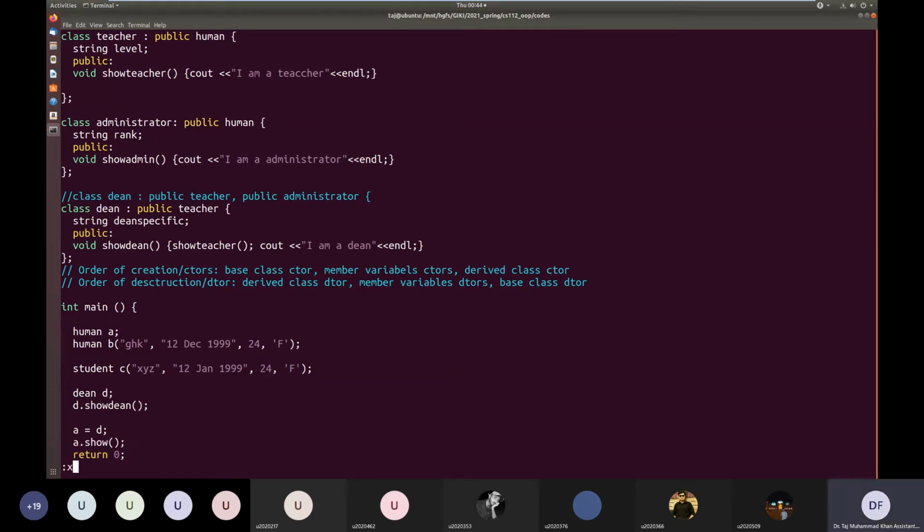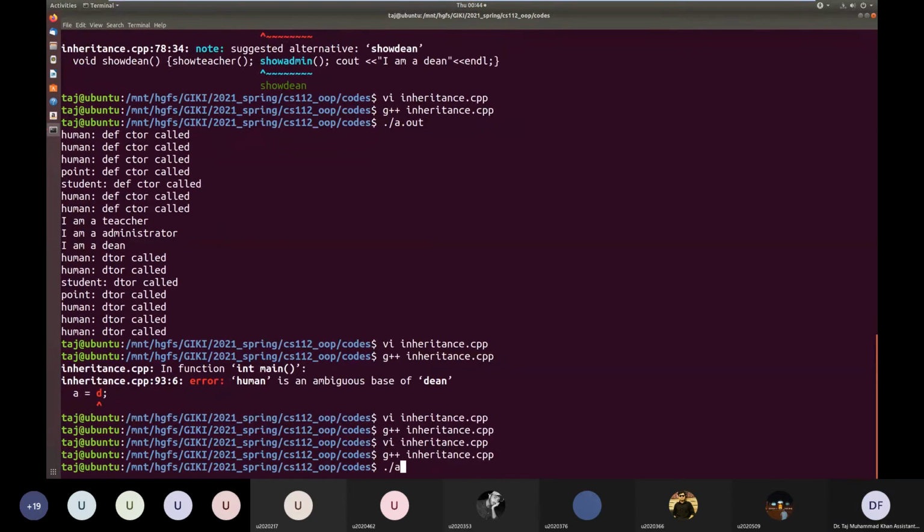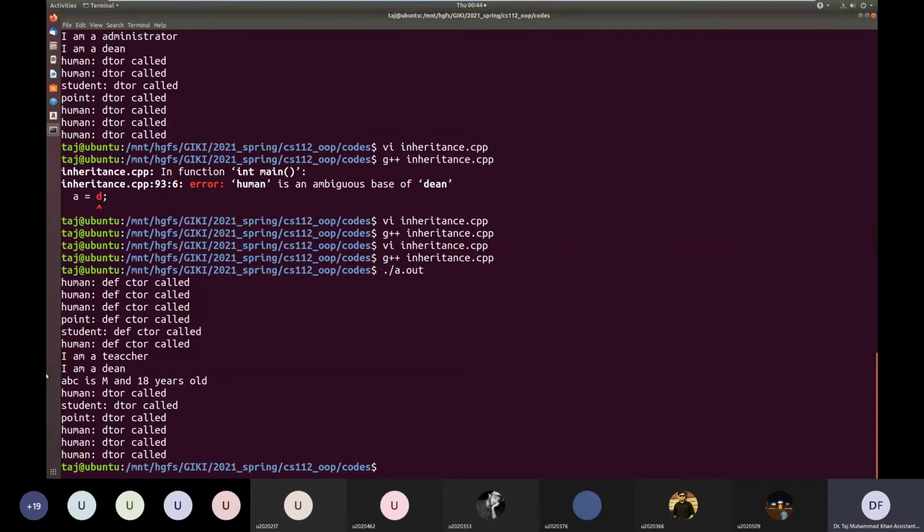we will get something. Okay, so here it is basically, yeah, I am a Dean. I think here it is the A dot show. So the Dean was initialized to default values, which were copied into A, and A dot show is showing us whatever has been copied into A from Dean.